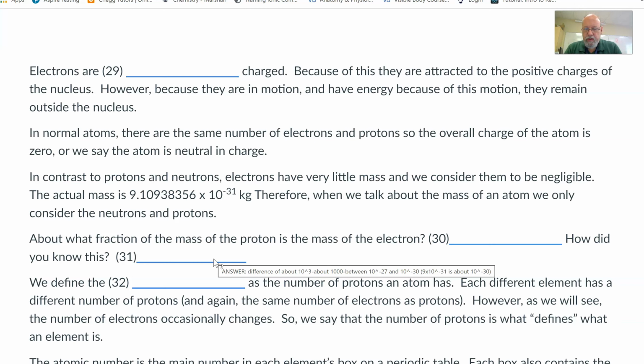So there's 3 degrees there, and each degree is 10. So 10 times 10 times 10 is 1,000. And then, as we've already said a bunch of times, we define the atomic number as the number